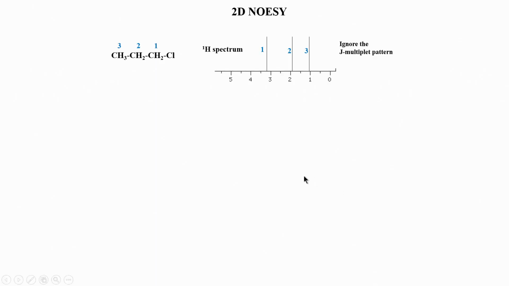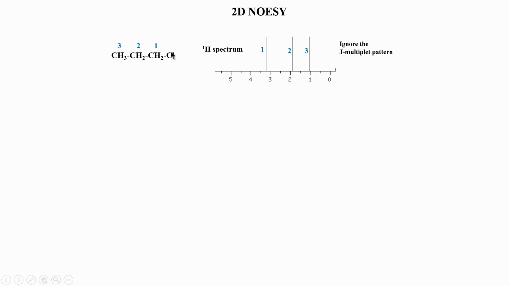We saw that to transfer magnetization from one spin to another, we use the 3 pulse experiment, 3 90 degree pulses, and between the second and the third we use a delay called the mixing time. This mixing time is a very important parameter, which we will see again when we look at 3D experiments or when we look at the structures of biomolecules. So, for now let us see how the peak pattern looks in a NOESY experiment.